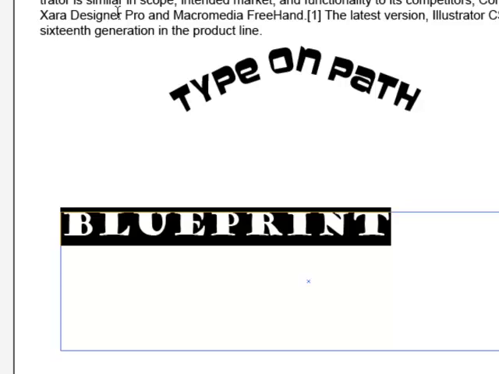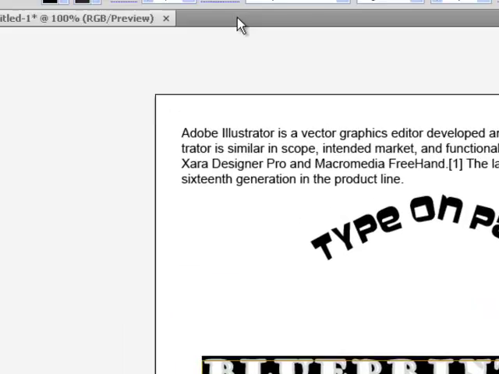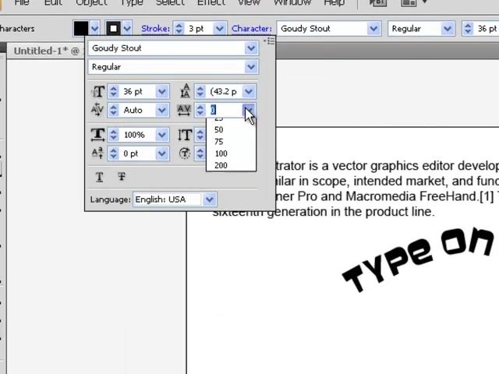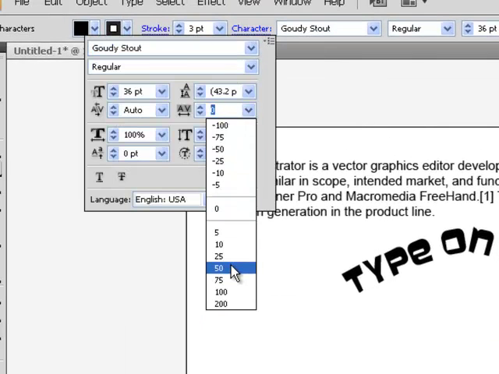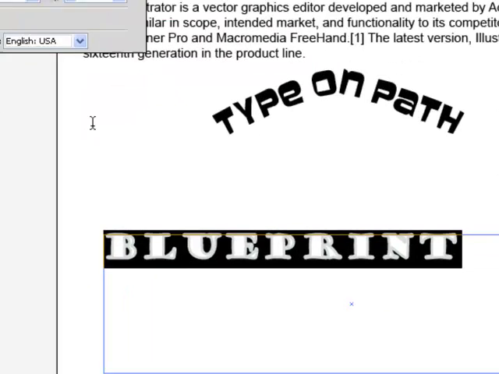If I want to make it bolder, I can add stroke to the outside and thicken it up a little bit. Now that looks a little bit weird, so what I'll do is space the letters apart by using my tracking. So if I increase the size of that number there, it makes more spaces between my letters, which is nice. So there's my text,